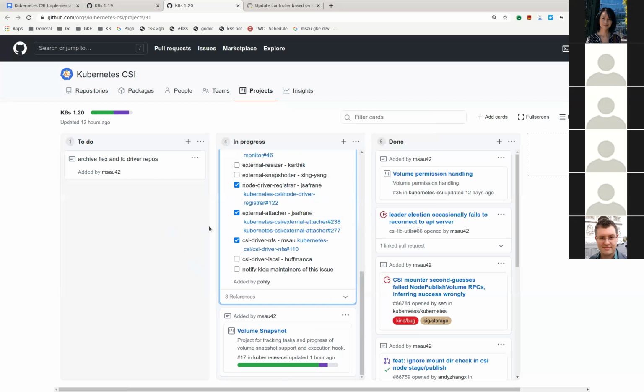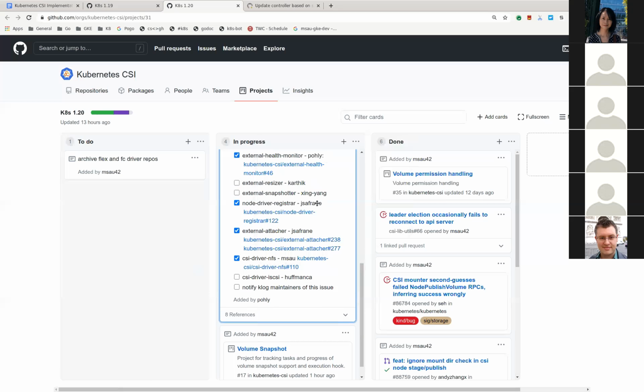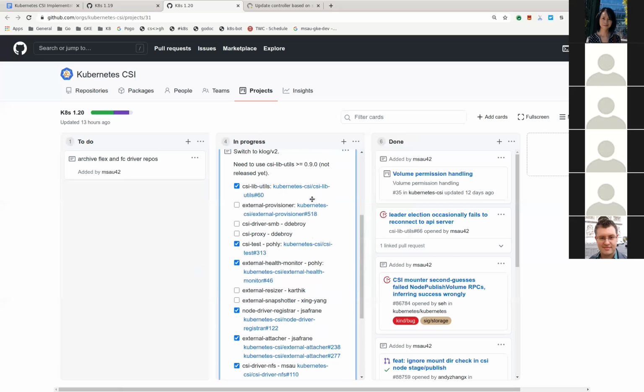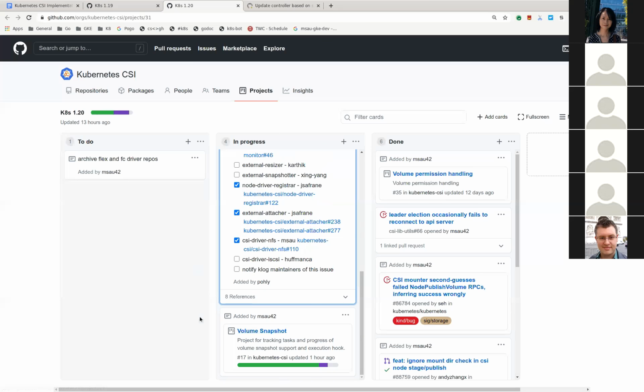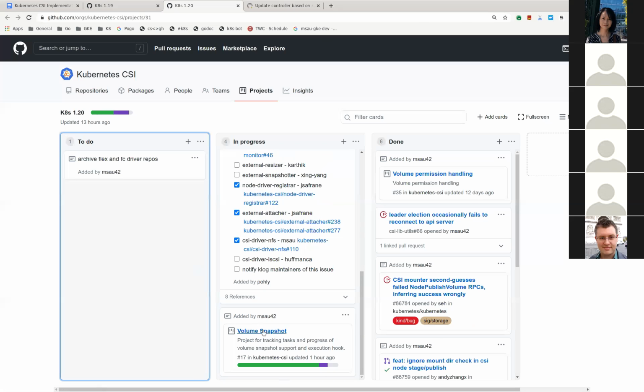All right, and then I think Christian has a PR out pending for iSCSI. Yes, the Kubernetes rebase from 1.14 to 1.19 was merged yesterday, and then there's an open PR to change from glog to klog v2 inside the iSCSI driver. Awesome. Great, I can help take a look at that. And so that should be all of our repos covered. All right, next we have snapshots.